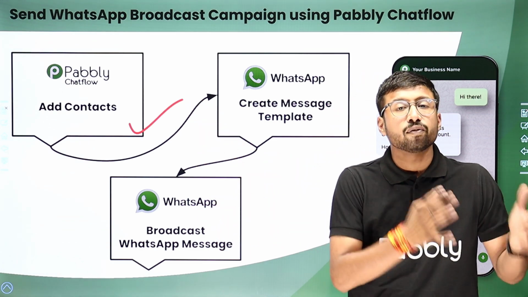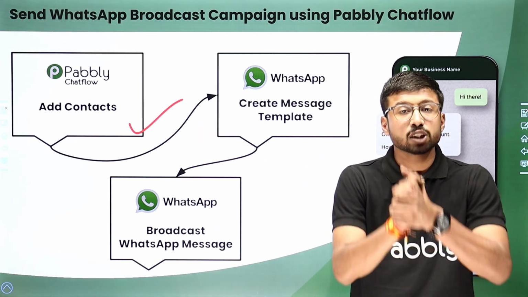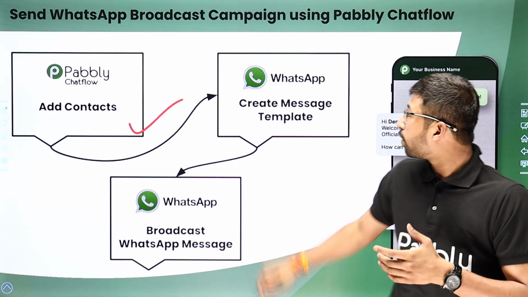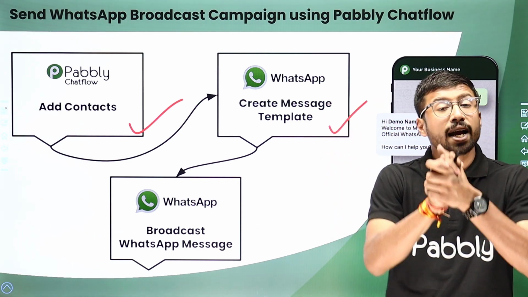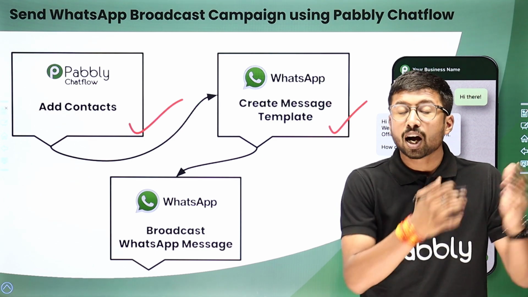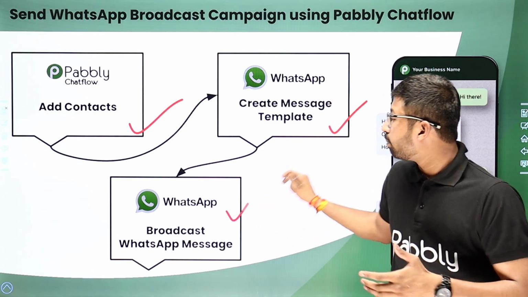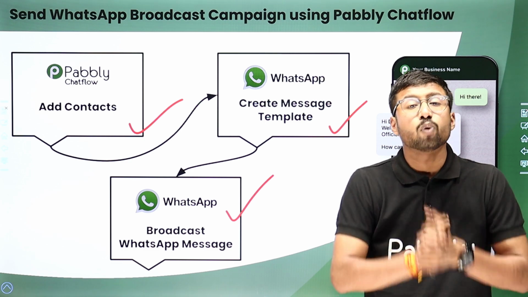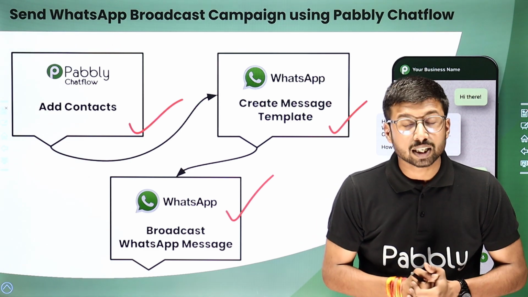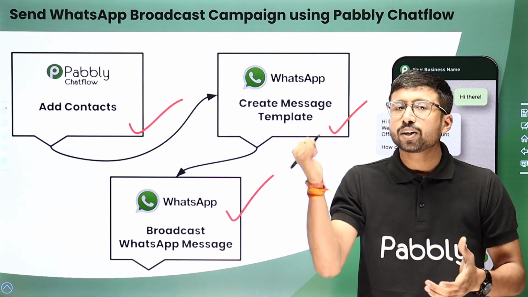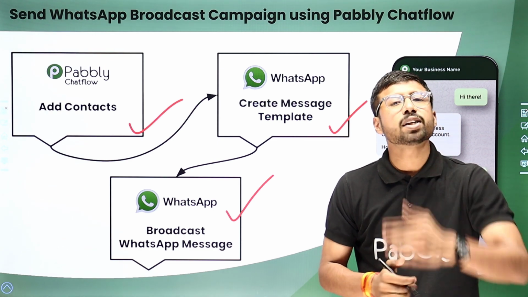After adding the contact, we have to first create a template of the message which we want to send to them. So we are going to cover how you can create this template message as well. And at last, after doing all of this, how you can create a broadcast campaign in Pabbly Chatflow using which you can send WhatsApp messages to all of your contact lists at once. Now, if you want to learn how you can create this WhatsApp broadcast campaign, for that, let me just take